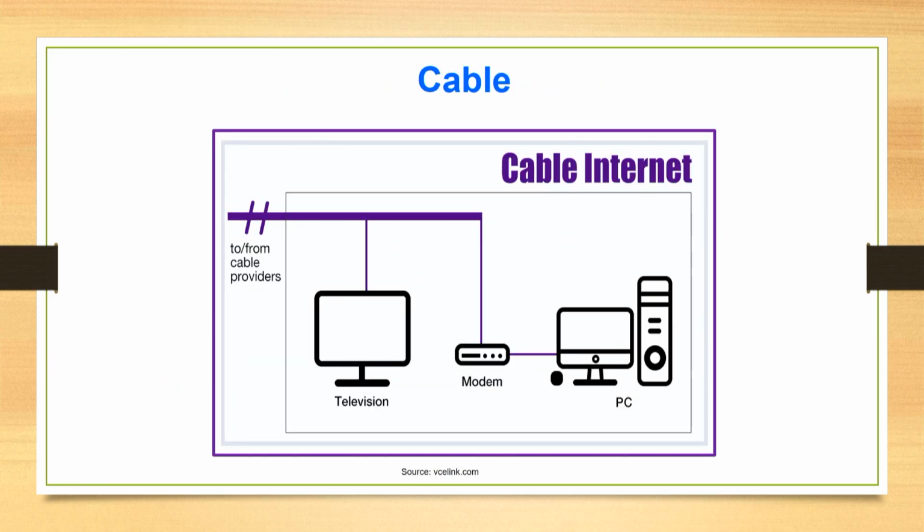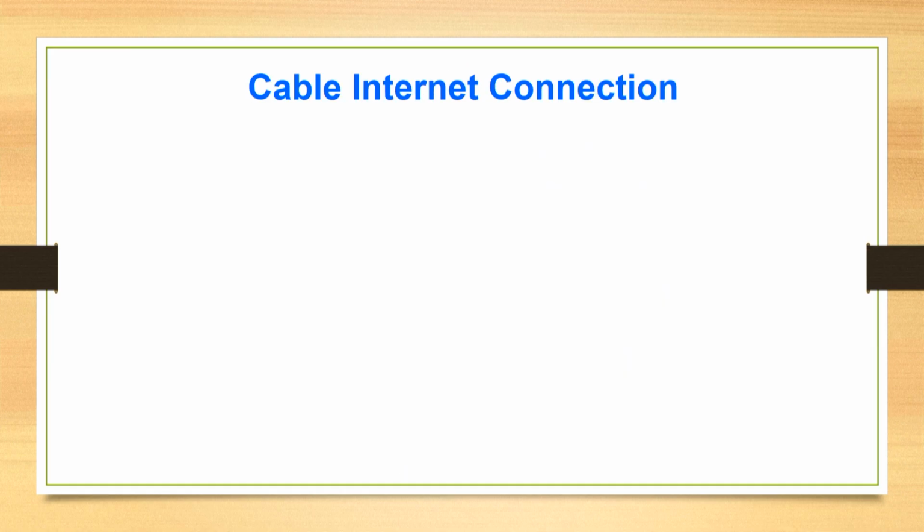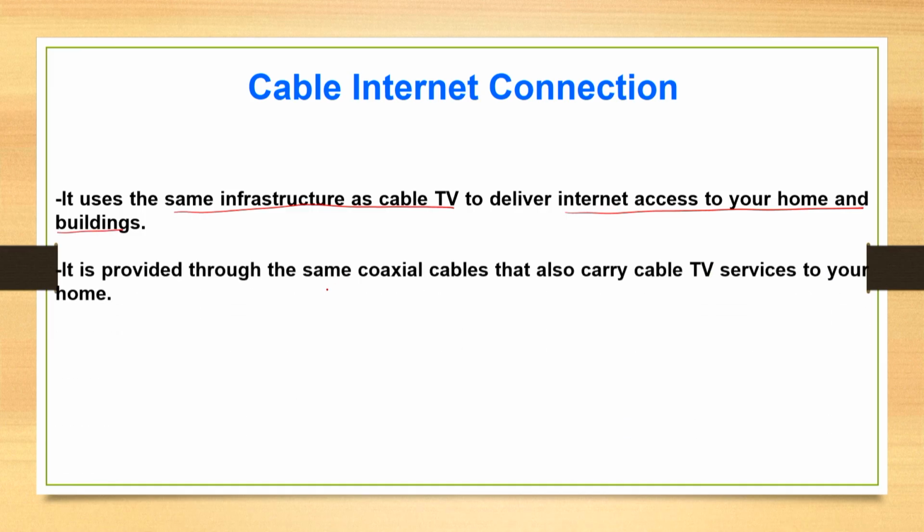Next one is the cable internet. Nowadays you all are familiar with the cable which we use for TV. The same thing is applied over here in the cable network. These cables are used for the internet connection. So, how does it work? It uses the same infrastructure as cable TV to deliver internet access to your home and buildings. It is provided through the same coaxial cables that also carry TV